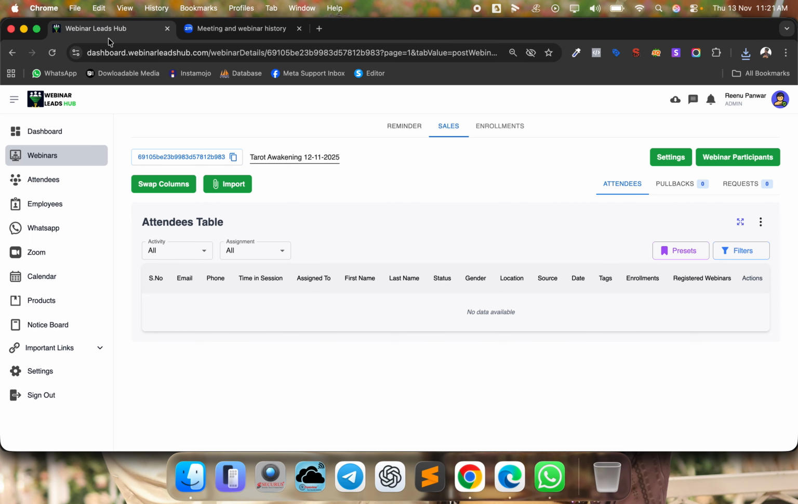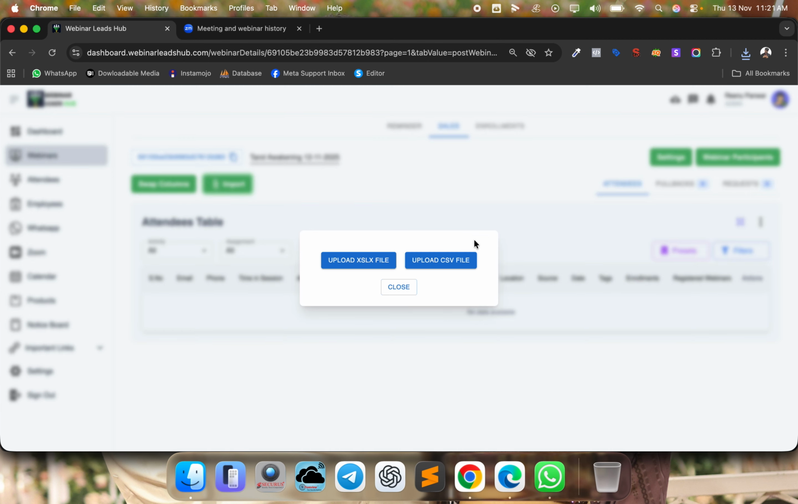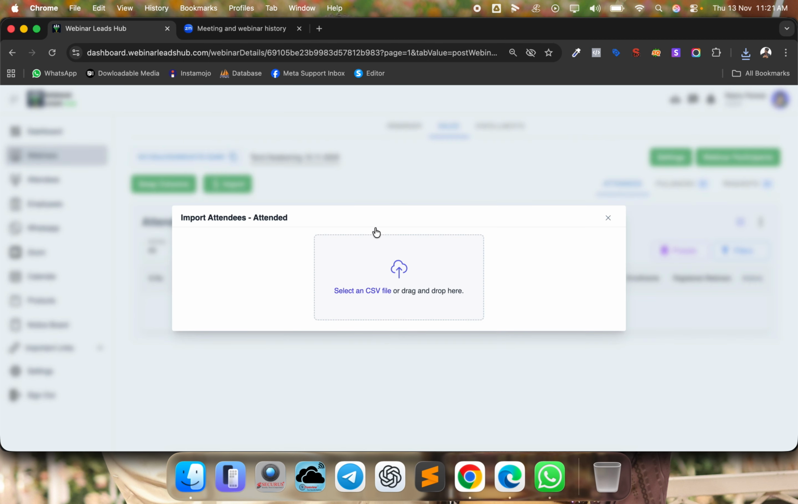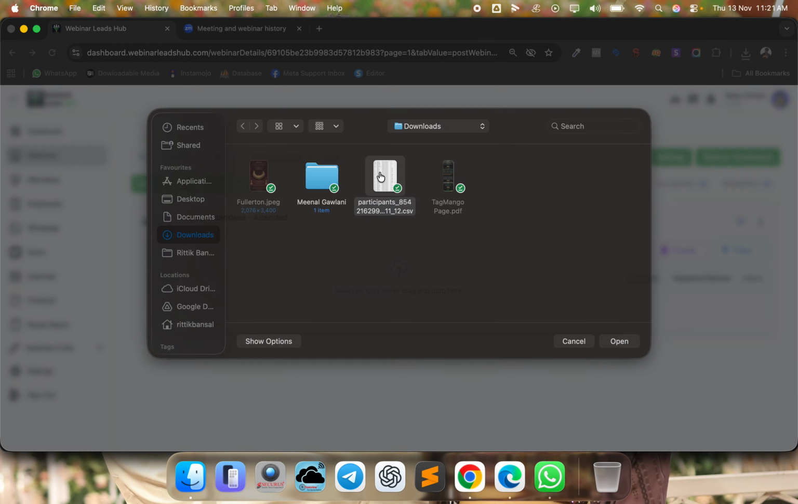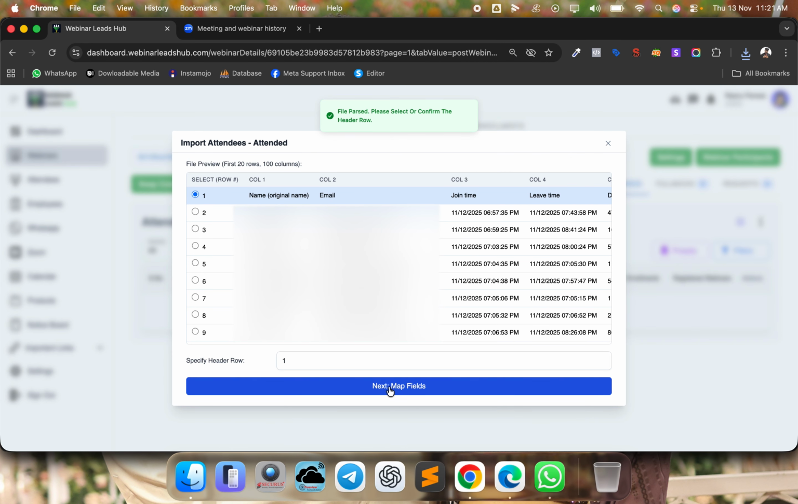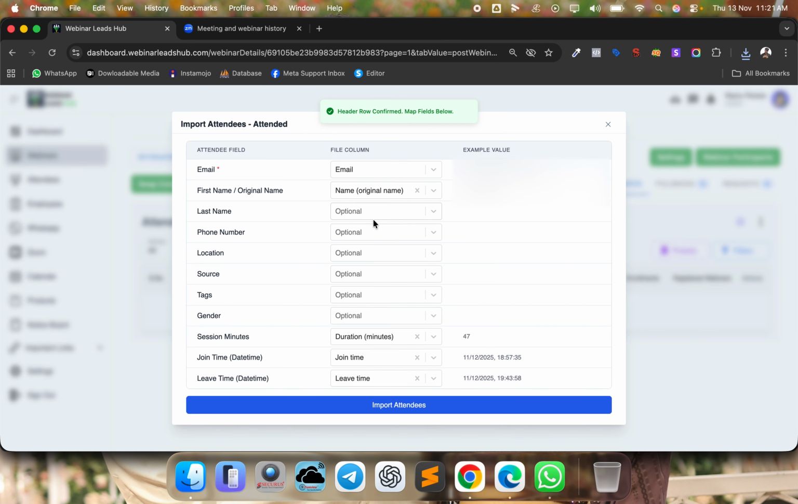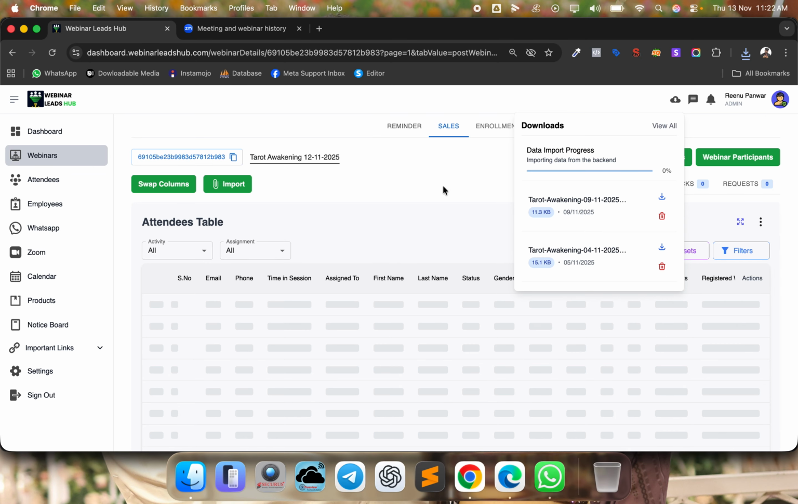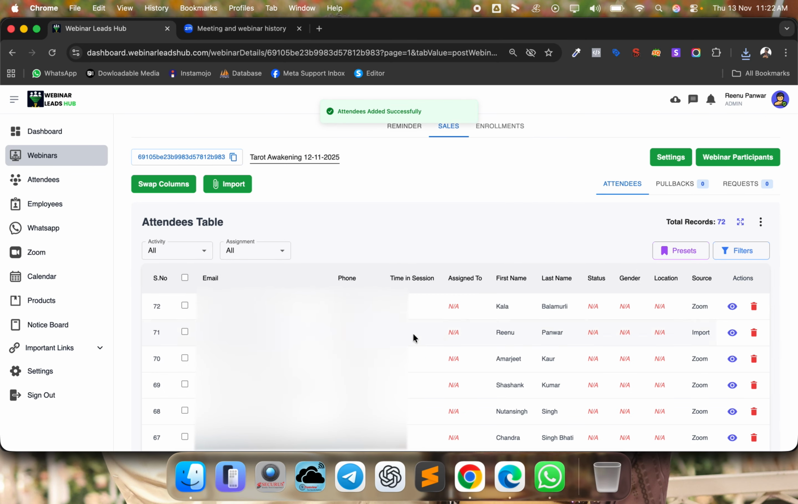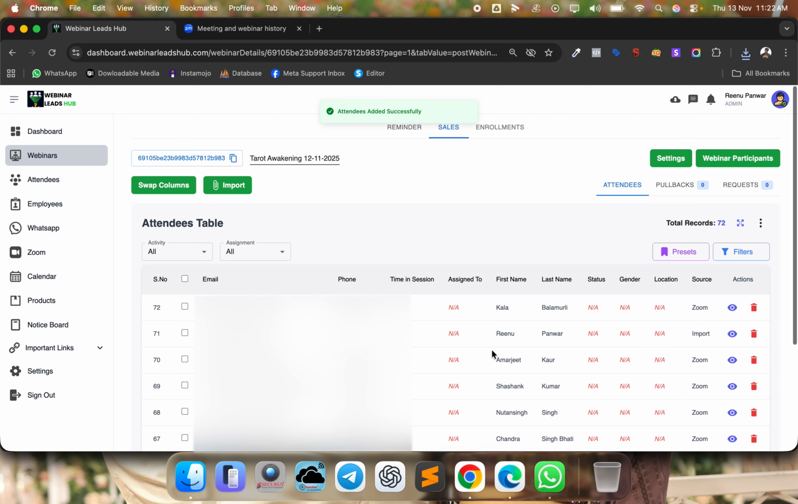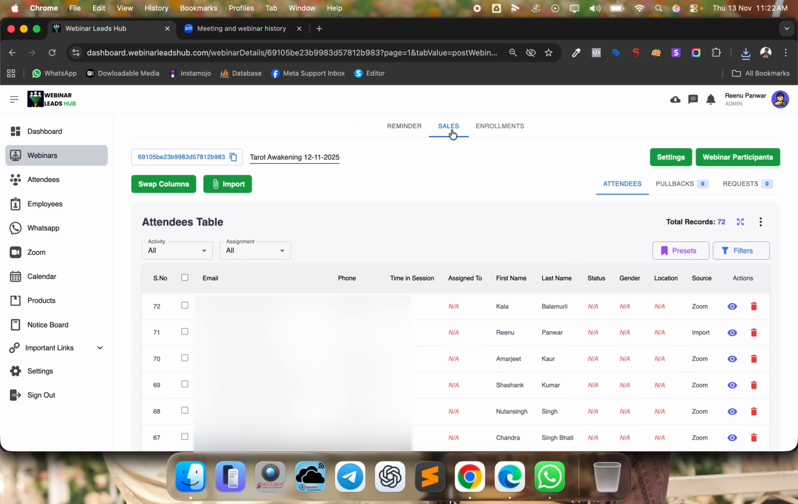Go to Webinar Leads Hub and then over here click on import. Once you do that, click on upload CSV file and select the file which you've downloaded right now. Then click on map fields and there will be fields which will be automatically mapped. If there is some other data that you want to map, you can do the same by clicking over the icons and mapping the fields. Then click on import attendees. Once you do that, you'll find that everything over here is mapped